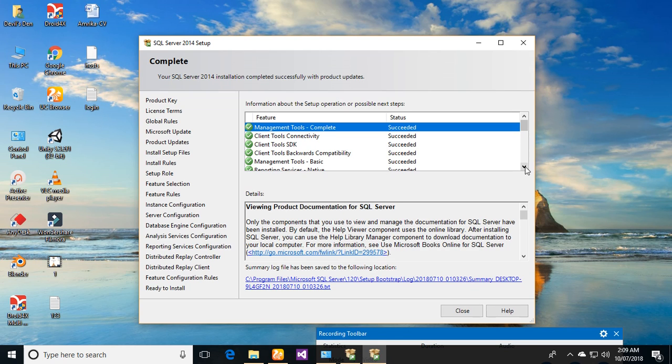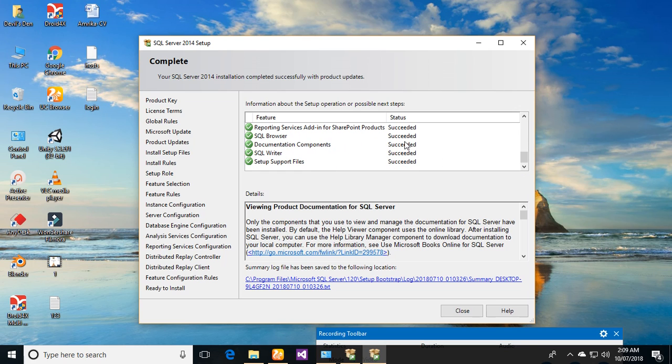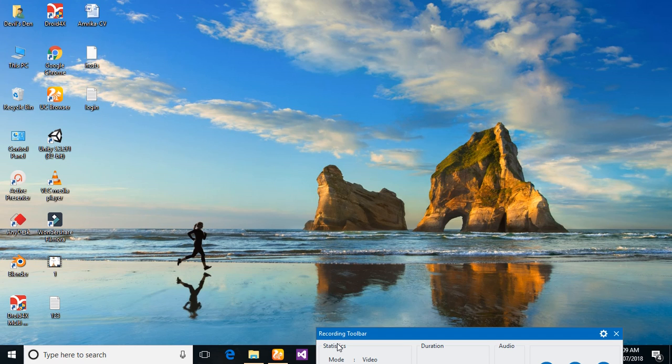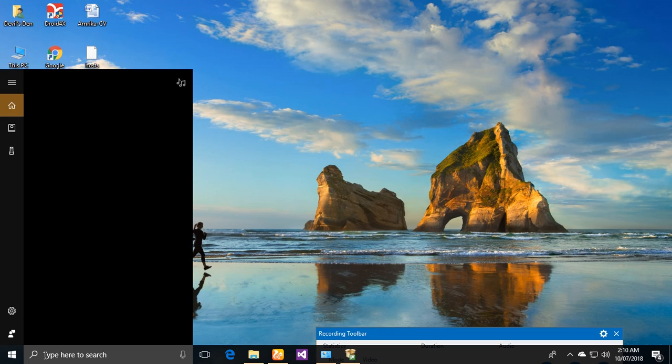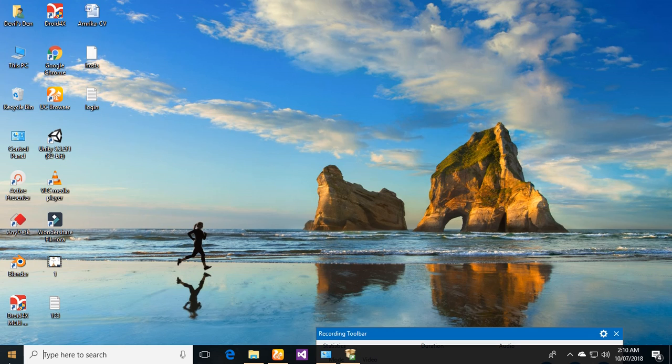So you can see all the services and features are installed and all succeeded. Now I'm closing this window by clicking on close. So we have completed our SQL Server installation, and now for checking purposes we need to click on search or Cortana in Windows 10. Then we have to find all programs,